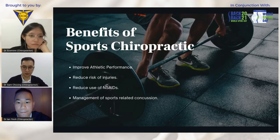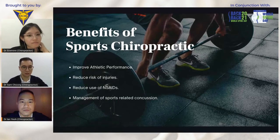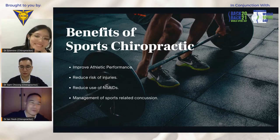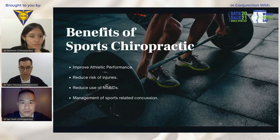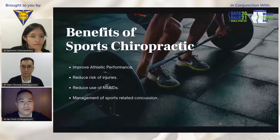I agree. Just to elaborate further, that's why Dr. Ian and I shake our heads every time doctors say, "Oh, you've got back pain, you should rest." It doesn't make any sense. It's horrible. We want to make sure the patient moves and has the confidence to move, not bound by the pain itself. Like you said, atrophy is one of them. The muscle will not be strong. So at the end of the day, when the patient asks when can I go back to the sport,